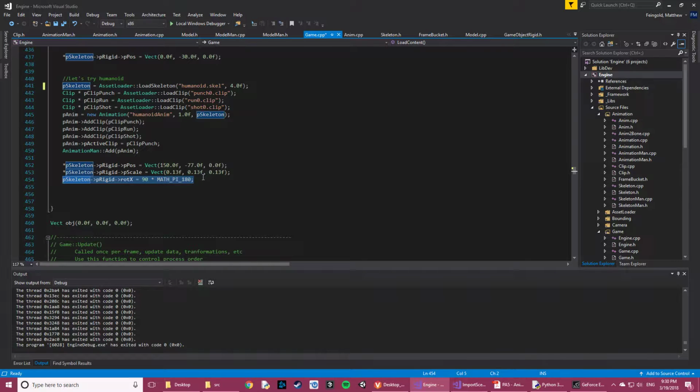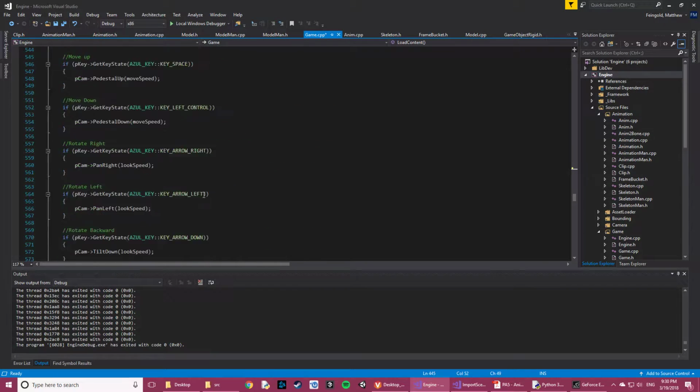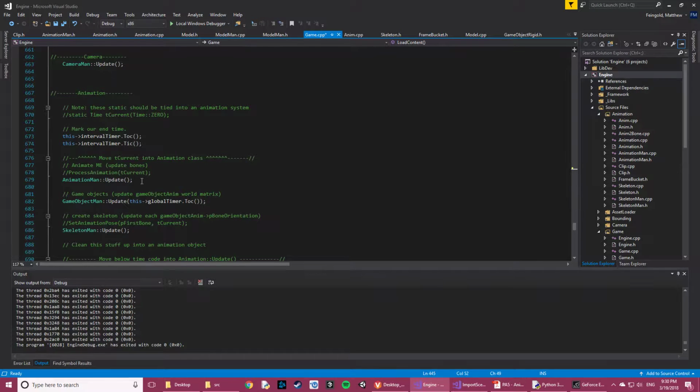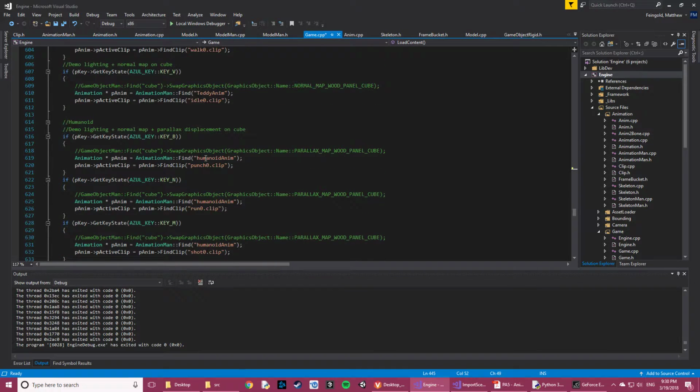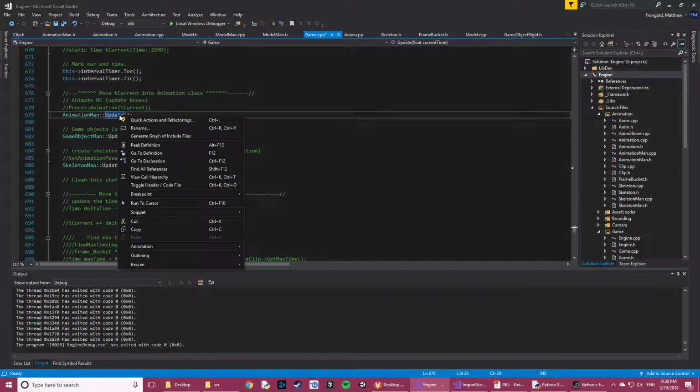And if I were to just change the bone data, it would actually mess some things up, which I had experimented with. So anyway, that's my rigid game object to change position, scale, and rotation. And I've got this whole system of animations, clips, and skeletons being loaded in. In my update, this is all my keyboard control stuff, but in my update here, I update my animation manager to process all of, basically to go do the interpolation